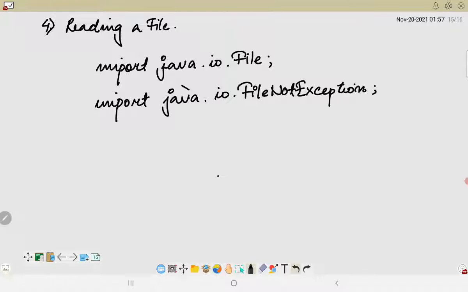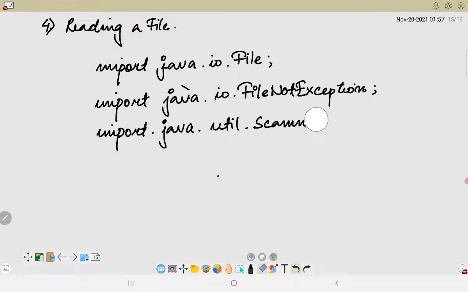So we have to incorporate that exception and exception handling code inside this particular program. Also, we have to import the Scanner class. Okay, so import java.util.Scanner. Now this Scanner class would be used,